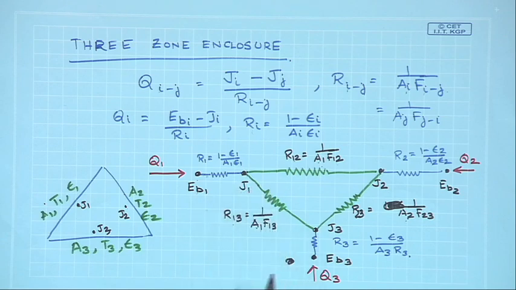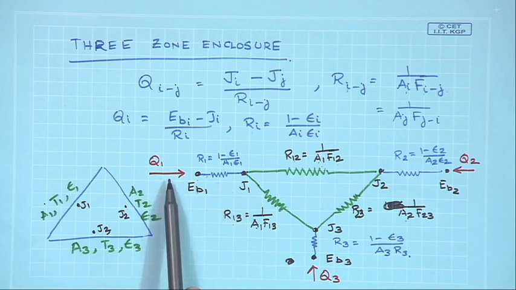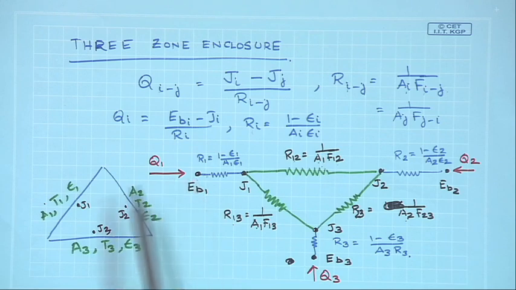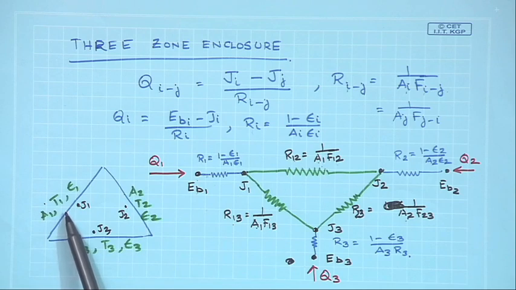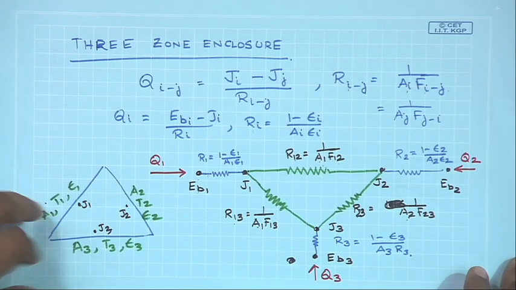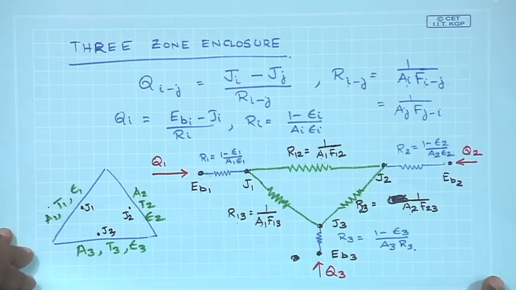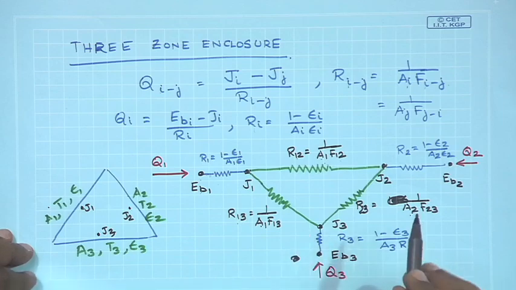So, this is the network method for 3 zone enclosures, and you would be able to find out what is the current at each of these nodes, what is the amount of heat that is to be supplied or to be extracted from node 1. The node 1 is surface 1, from this surface to maintain its temperature at a constant value. So, that is extremely important, and we will solve a number of problems on these, but let us think of a surface which is perfectly insulated.